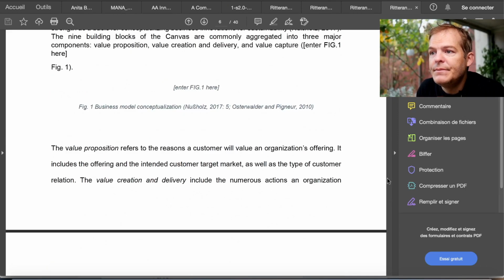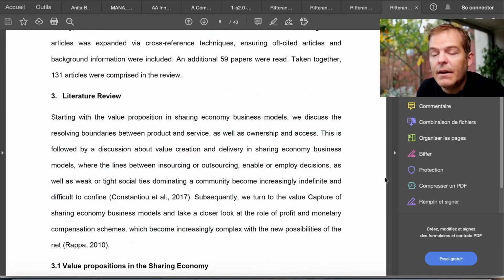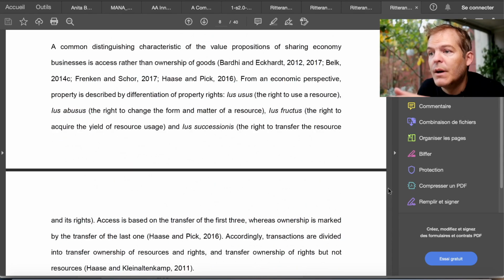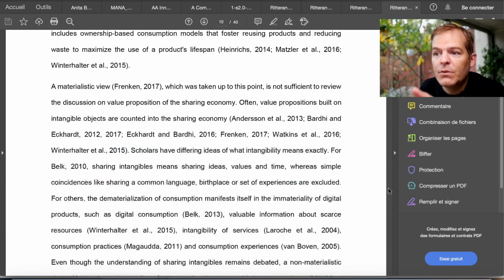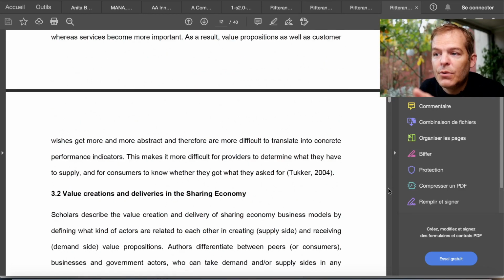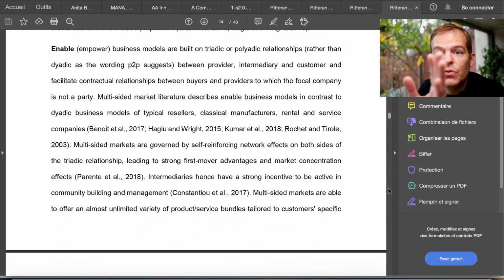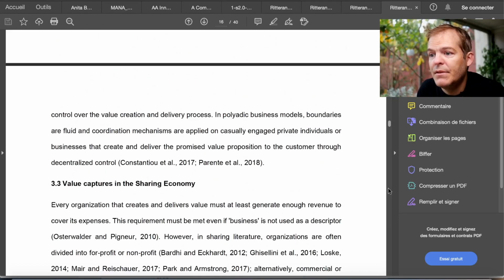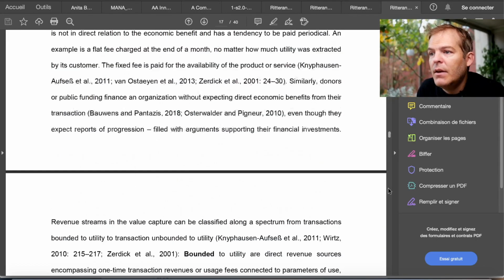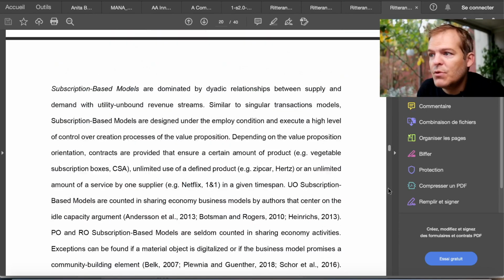And then they are digging into the results, which is actually the literature review, right? And so distinguishing between different value propositions on the sharing economy, value creation and deliveries, and building a framework to differentiate between these different business models. So then providing this conceptual framework,